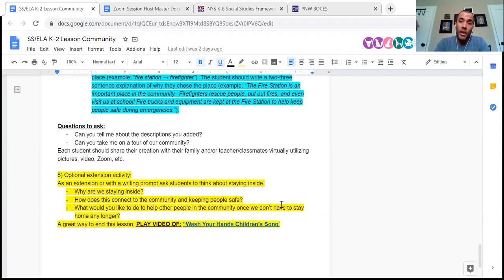But in the moment we're living in now, it really is important that we're explicitly teaching social studies, because those 6 practices that are embedded in the framework are going to help our little ones to better understand the situation that we currently find ourselves in. So that's just my thought process on that.